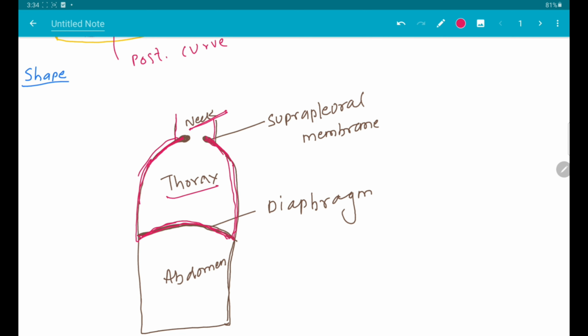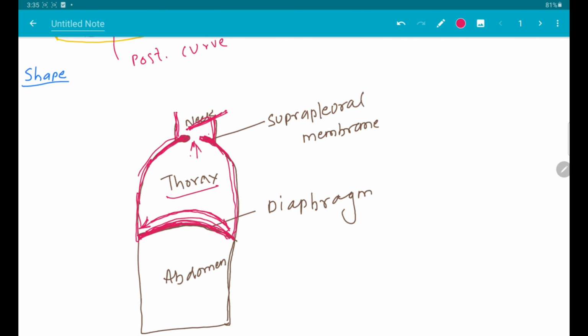It can be divided into above and below. Its upper part is narrow, and it is continued above into the neck. Its lower part is completely separated by the diaphragm muscle, and it forms a deep concavity from the upper side. Look, you can see it is deeply concave with the root of neck and thorax. The upper part of the thorax looks narrow and continues into the root of neck, but it is divided into two parts.